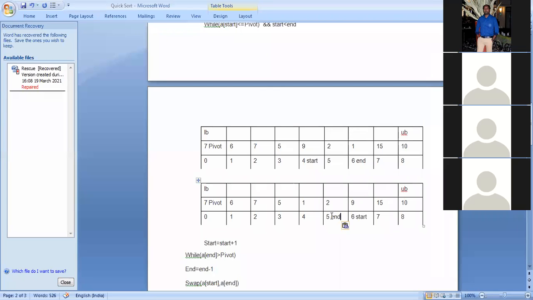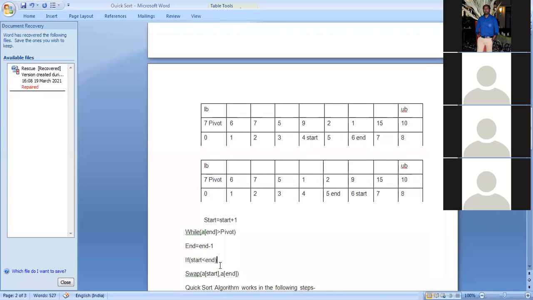So again we'll check which condition? Now if start is less than end. Start is less than end.